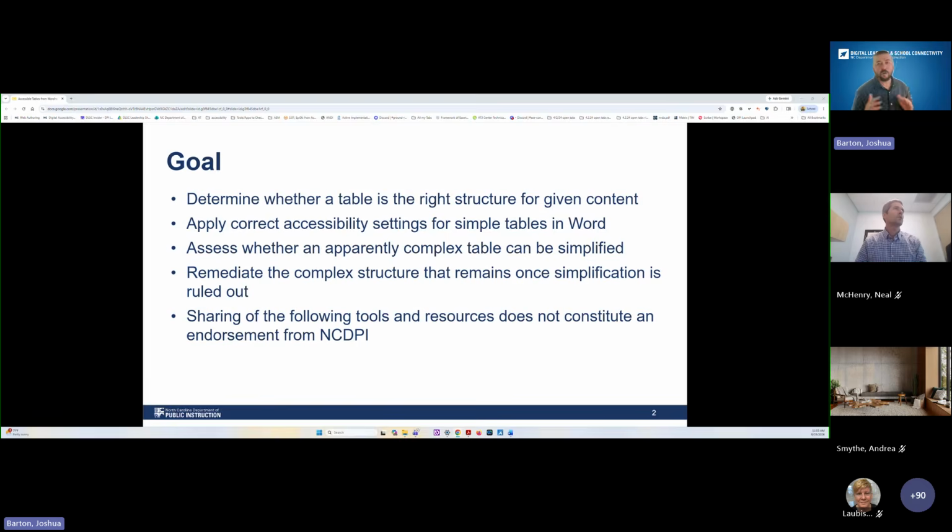All right, so our goal today is going to be pretty straightforward. The first piece that I want to encourage folks to think about anytime we're talking about tables is the fact that should a table have been used in the first place? So we'll spend a little bit of time talking about that variable first. Oftentimes we see tables used for a variety of different reasons across document landscapes. And so it's an important place to have some conversations with our folks that are doing that document content creation. From there, we'll spend some time looking at how to apply the correct accessibility settings to